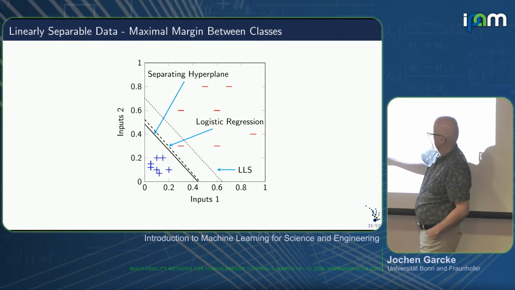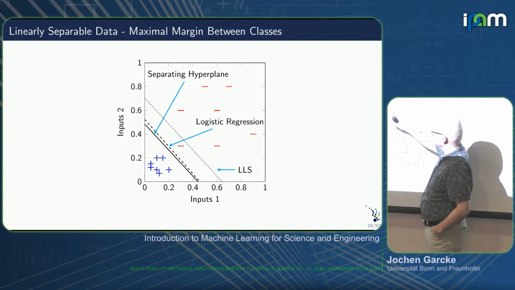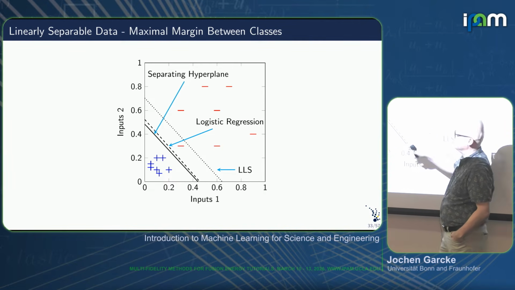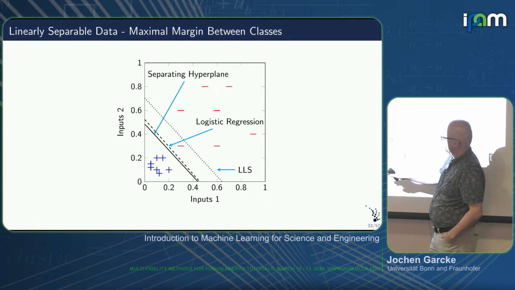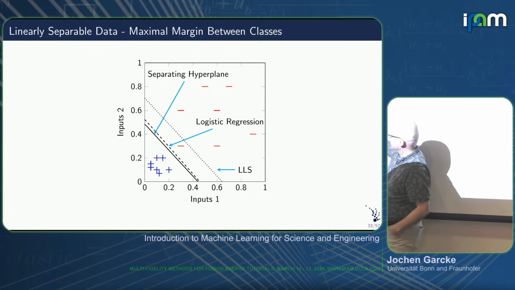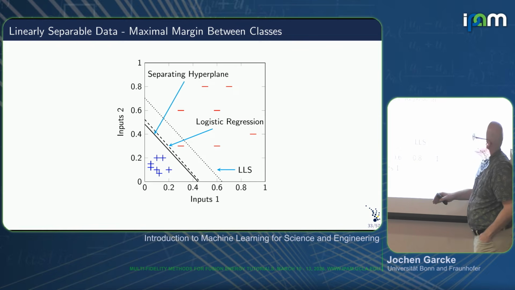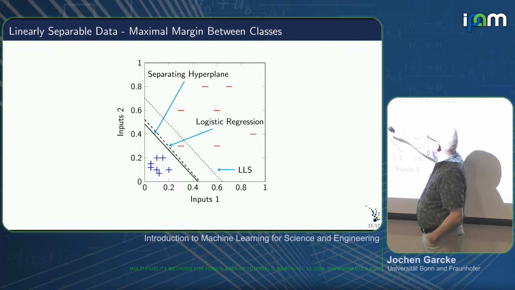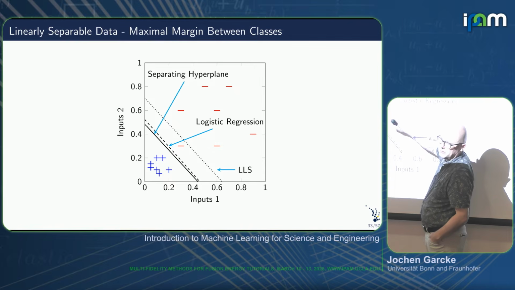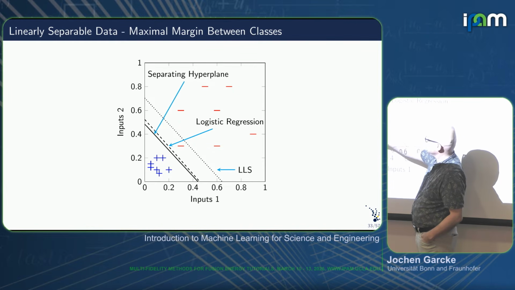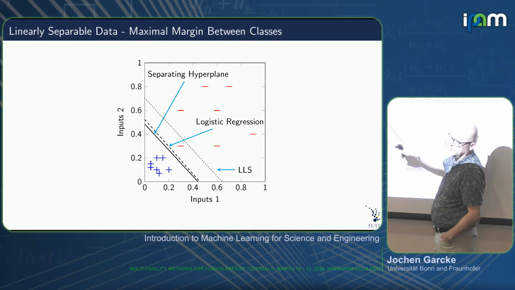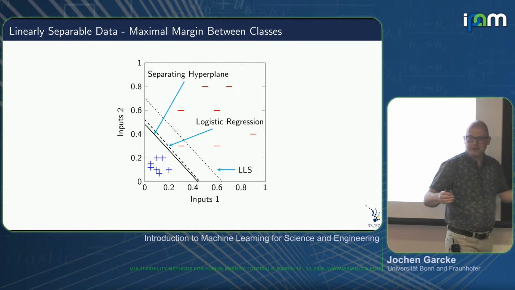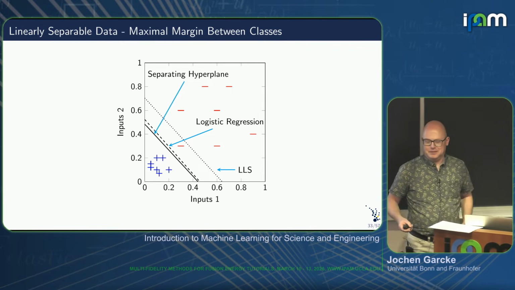If I use the least square error, this would be the hyperplane, which of course misclassifies one data point. And logistic regression would be this line. So slightly off from the max margin. But maybe it could actually be better, because this minus looks a bit further away from that. So this might be an outlier. So it's maybe not even wrong to be further off. But of course, one never knows. So one has to measure that.